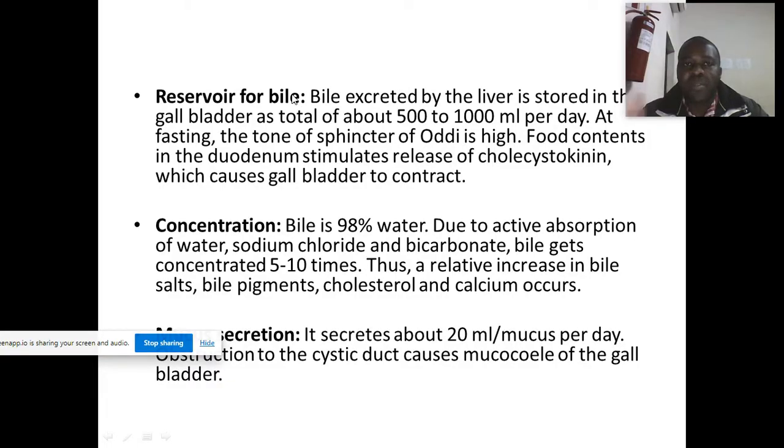It has bile salts, bile pigments, cholesterol, and many others. Very important in the digestion of what? Fats. So bile storage is the importance of the gallbladder. Look at this quantity: it stores about 500 to 1000 mL per day. Very important parameter. The other